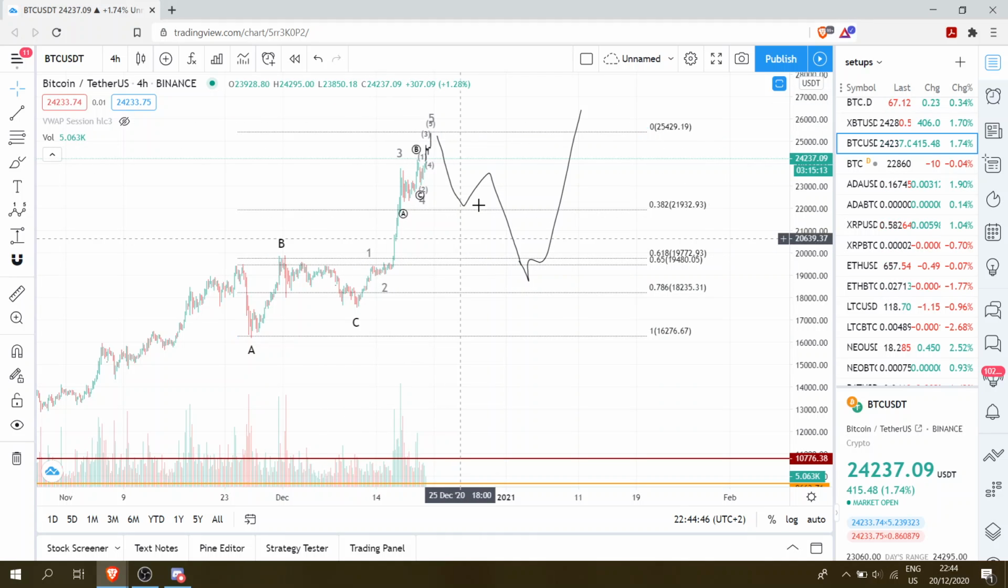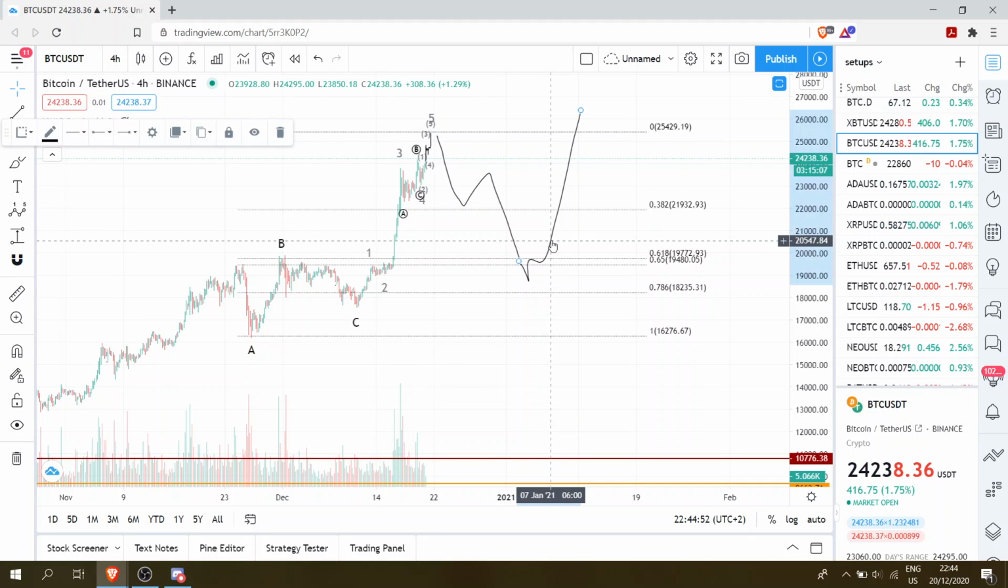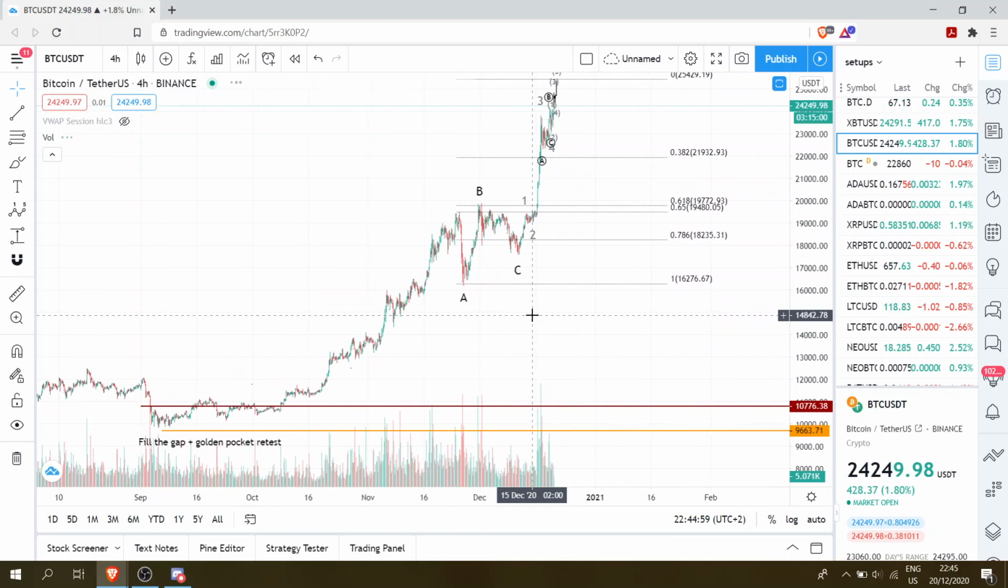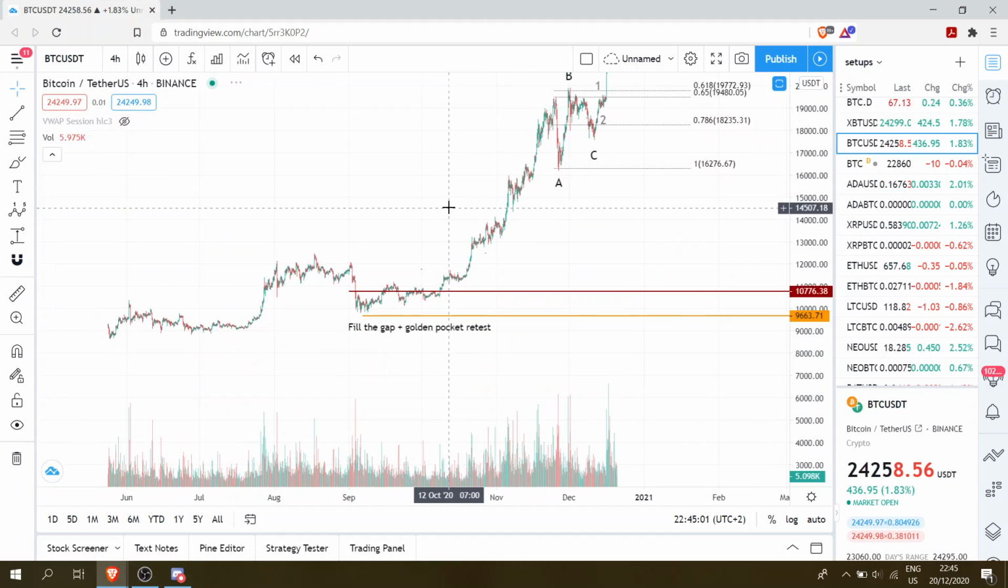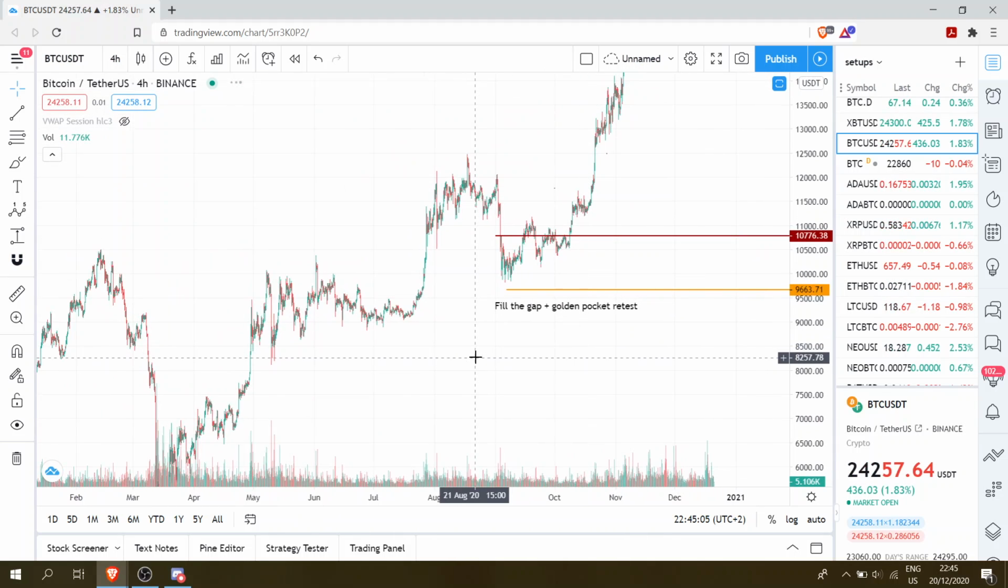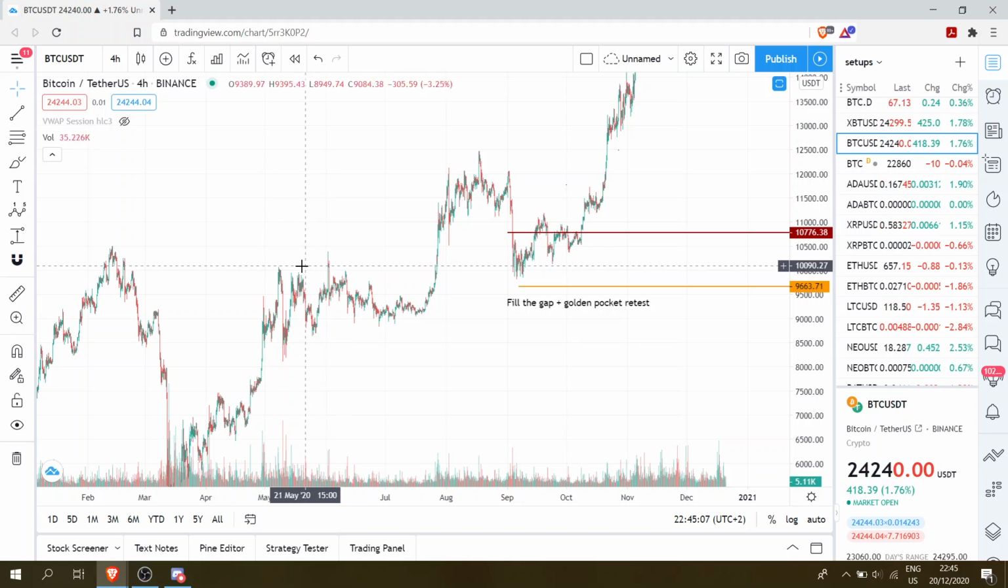You are just flipping resistances into supports, and when you retest them, you anticipate a bounce, at least a bounce, if not really continuation. One example that I can give you is the following. This is a very textbook example. Resistance, resistance,